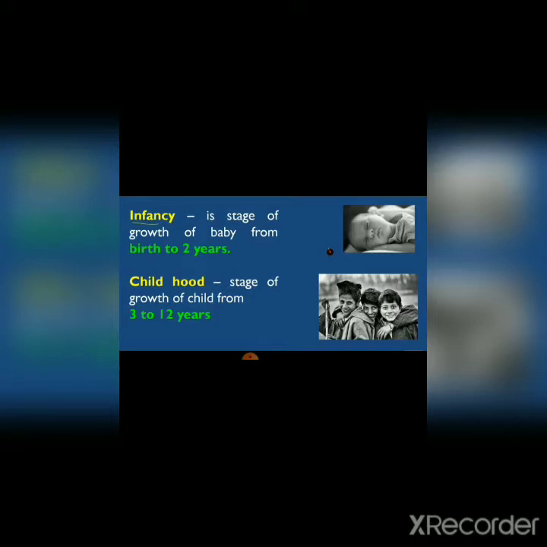So the next stage is called childhood. After infancy, the age which comes is called childhood age. As you are able to see here, the boys